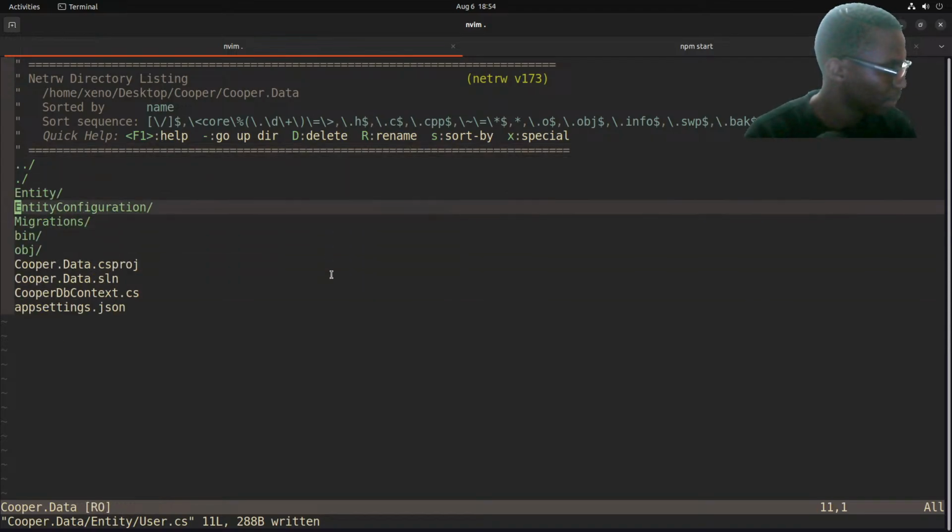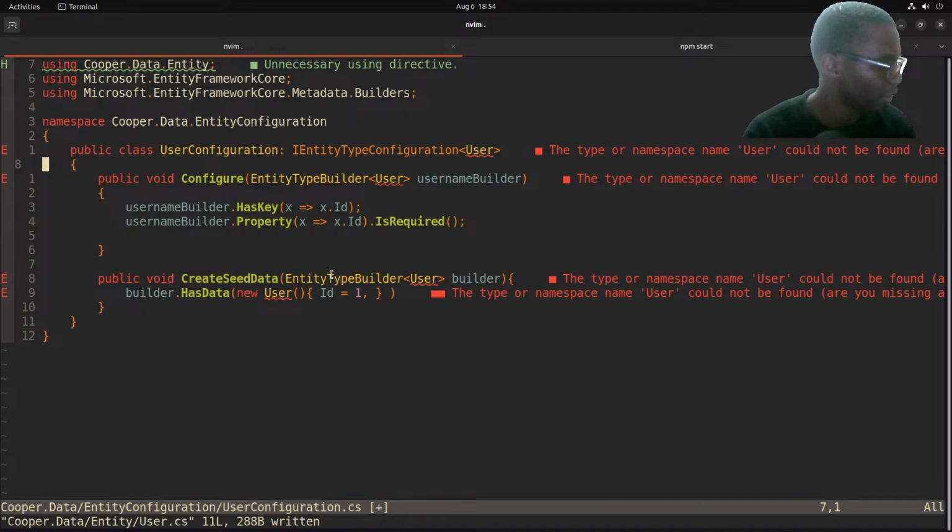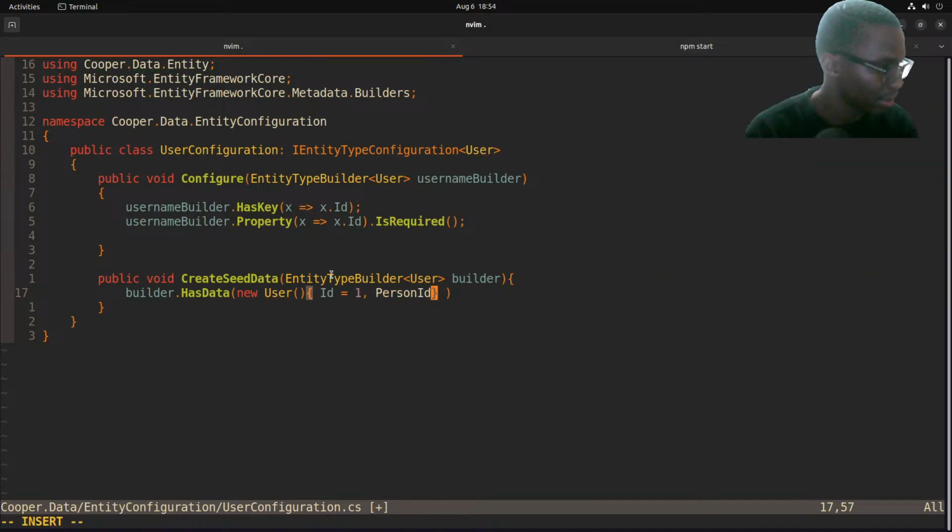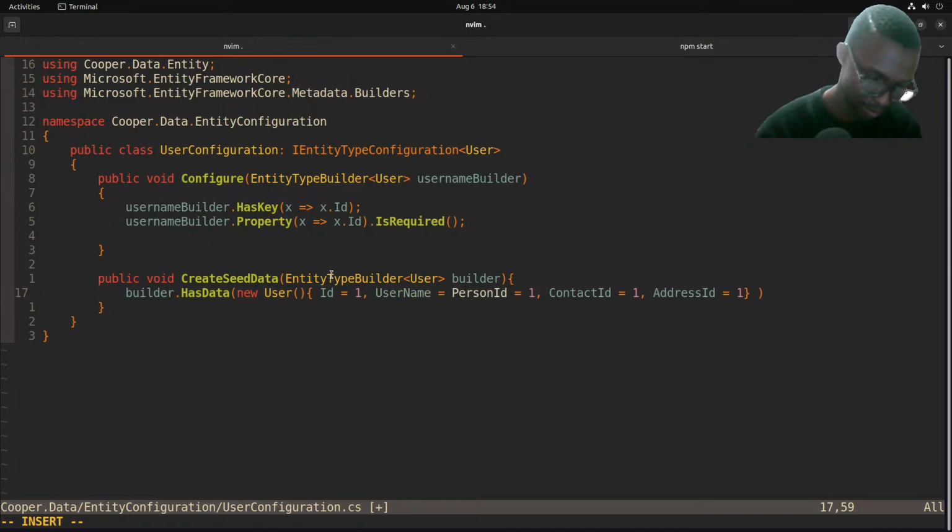Should be one. So we have ID, contact, address, ID should be one, and then we have one username should be